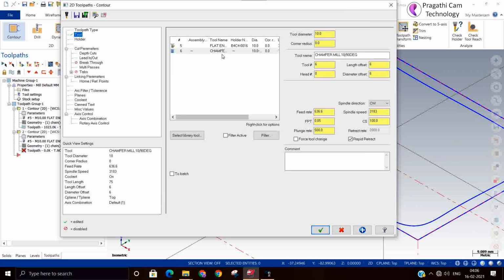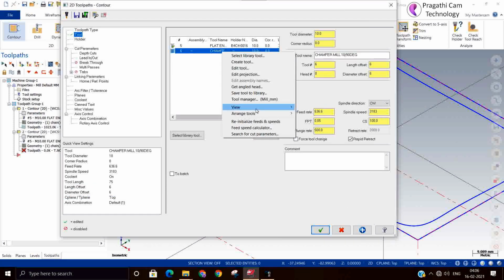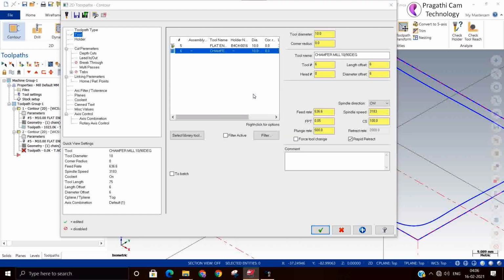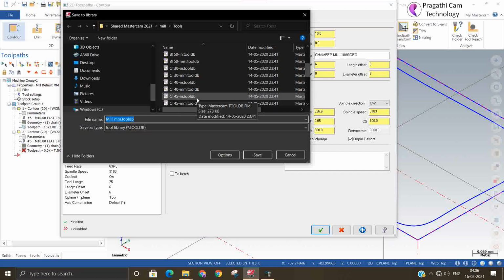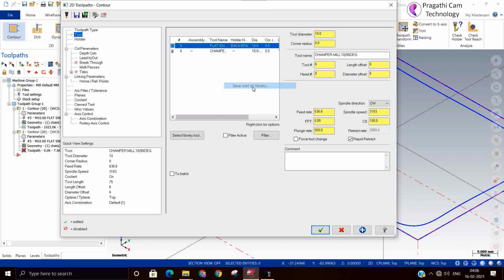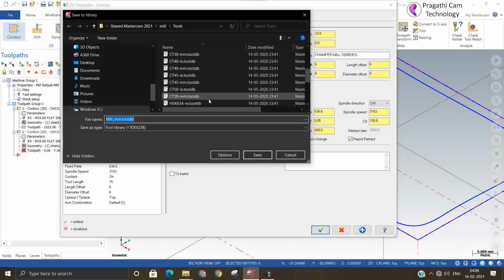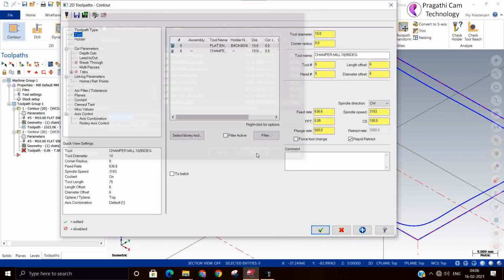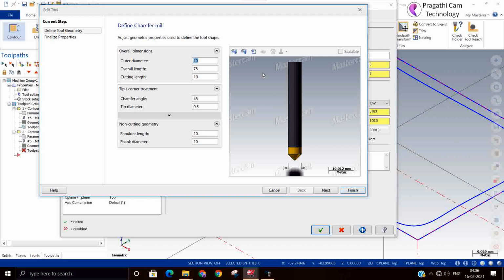Okay. So now the chamfer tool is ready. If you want, you can save it in your library, so that in future if you want to use it, you can take it. So I have taken the chamfer tool. You can see how the tool looks.